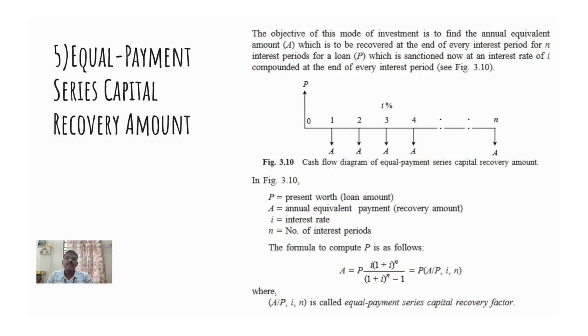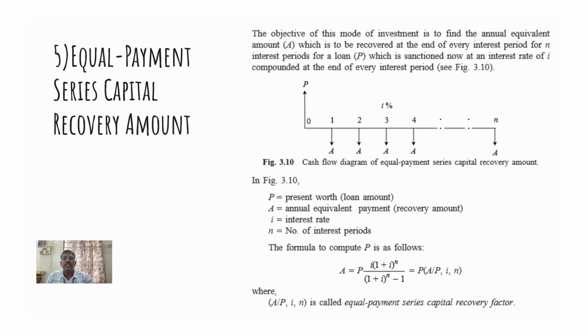right? So i is nothing but the interest rate, n is nothing but the number of interest periods, and A is nothing but the annual equivalent payment. That is the recovery amount we have to pay to the bank. So how to find the present worth? That's the loan amount,